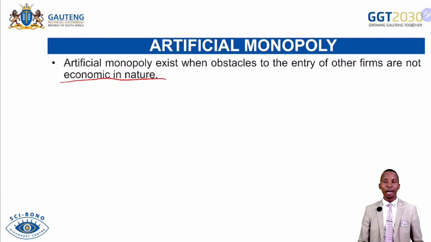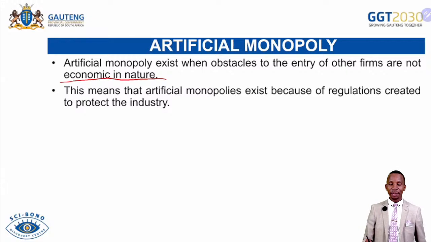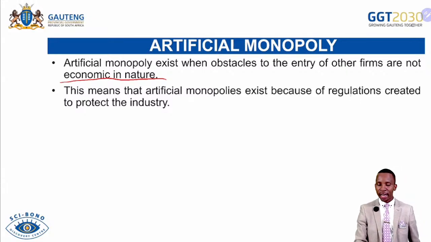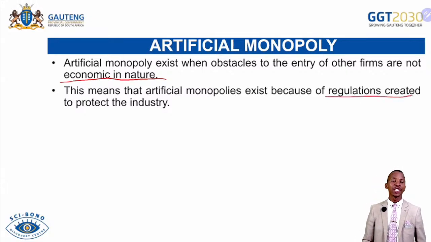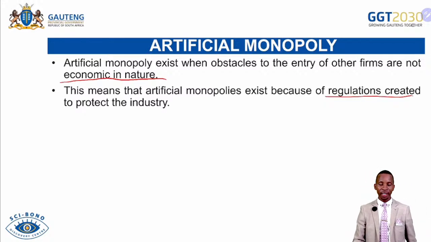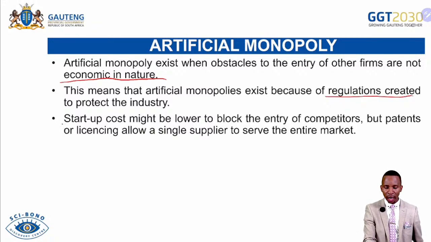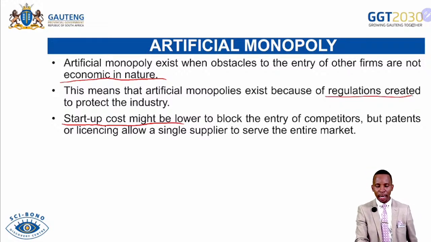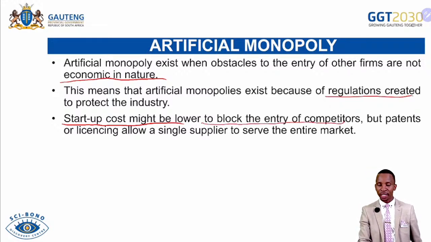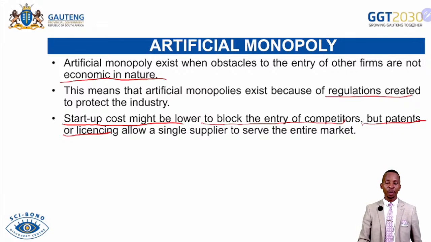But how does it happen? There are some strategies that will be discussed here. This means that artificial monopolies exist because regulations are created to prevent entry of new firms. So there are some regulations that exist to prevent new firms from entering the market. The startup cost or the capital might not be high enough to block the entry of other competitors. But patents or licensing allow firms to become single producers of the product within the entire